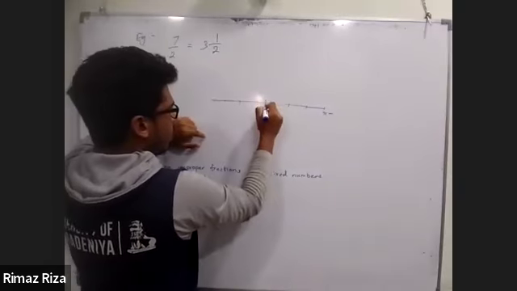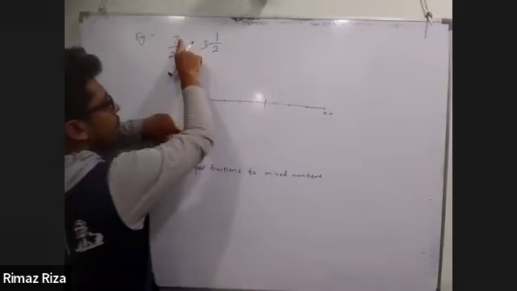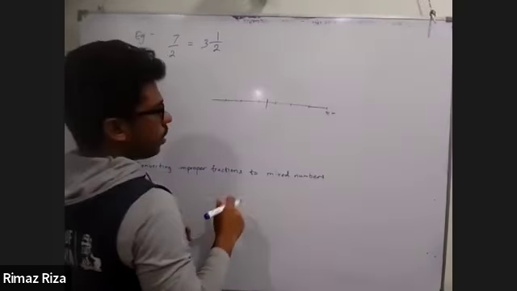You get 1, 2, 3 and a half. 7 divided by 2 is 3 and a half. Or as you can